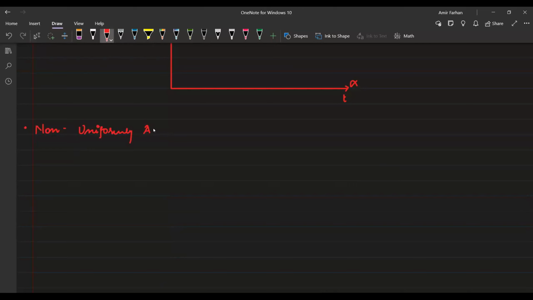So non-uniformly accelerated motion means, bacho, that the acceleration is not constant, it is not equal in each interval of time. Okay, it is changing continuously. So if I write it down, a body has a non-uniform